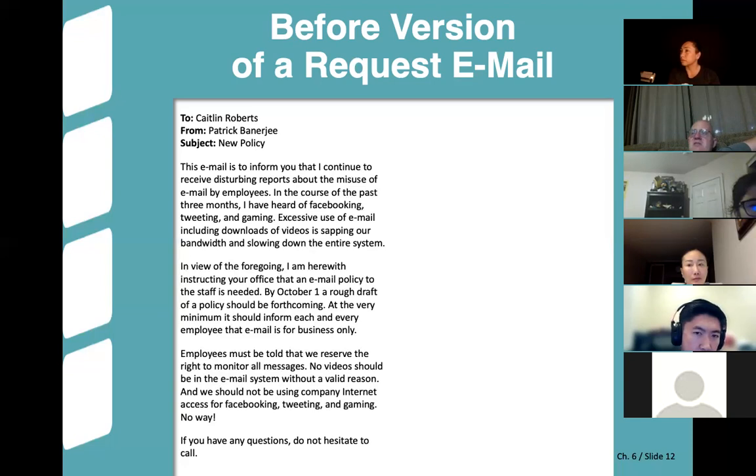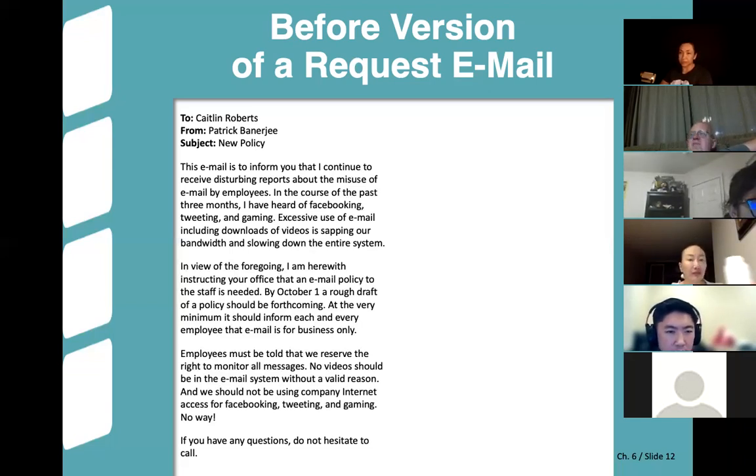Yeah, "therefore," to me, it still sounds pretty academic, kind of overly schooly, you know? What if we said "for this reason" or "because of this"? Just a little simpler, right? A little bit more folksy, down home, make people more relaxed. Because when I'm reading this, I'm feeling like a lawyer wrote this. Don't you get that feel? True. Yeah. And like the next one, "I am herewith instructing your office." Same deal, right?